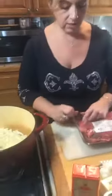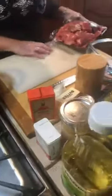And while we're waiting for these to get soft, we're gonna cut up our meat. Now this meat is in very rustic pieces, as you can see. Nothing's, you know, the same size. So I'm gonna go ahead and cut up this meat in about